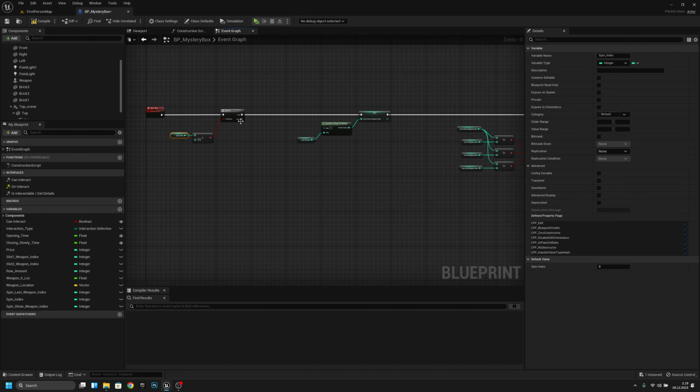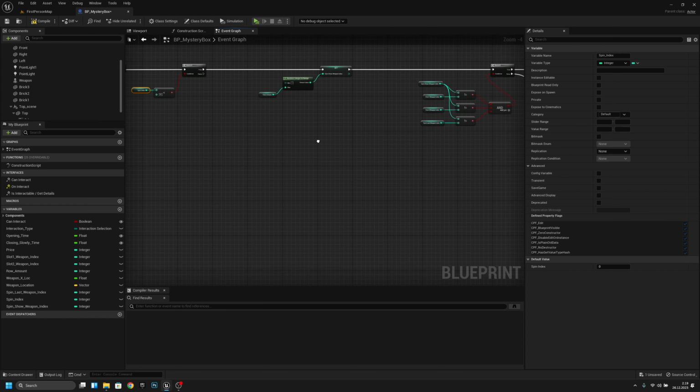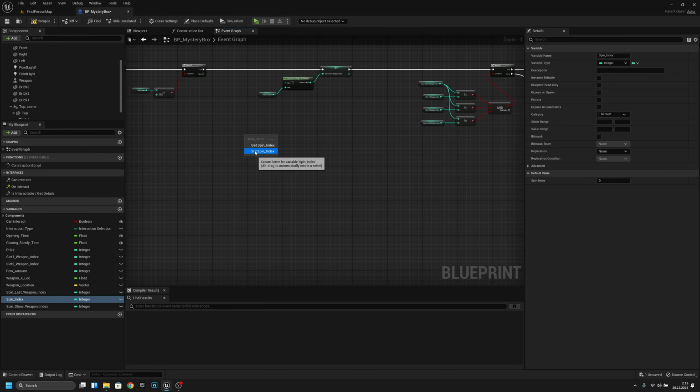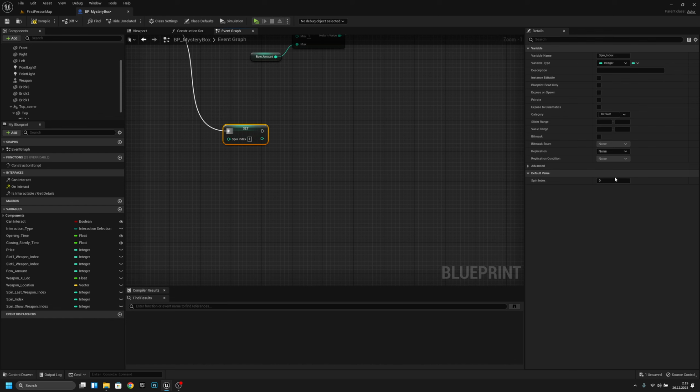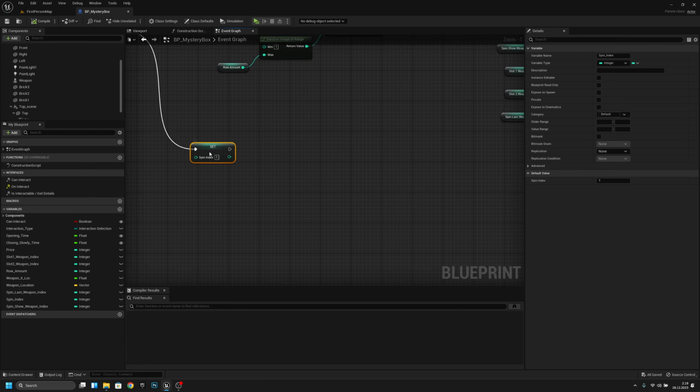When it's 50, we want to get from this false. And we want to get our spin index and set it from the false, and let's set it to 1. Let's actually set our spin index default value to 1. Okay, compile and save. Now, after this, we want to set our interaction type